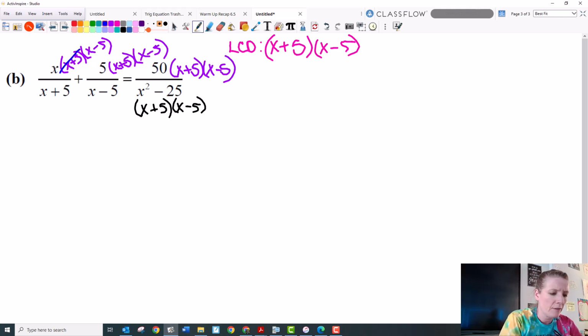The x plus 5's cancel, the x minus 5's cancel, and the x plus 5 and the x minus 5's